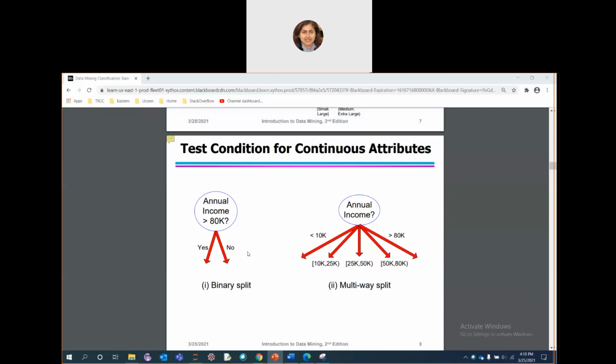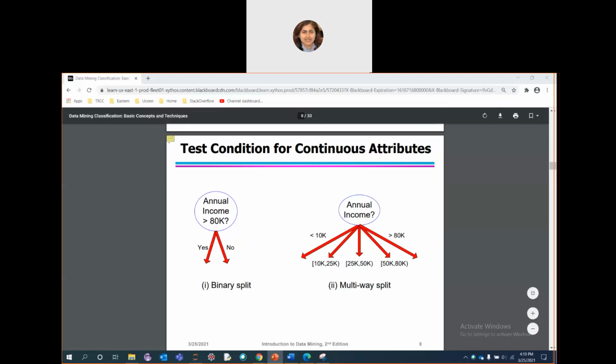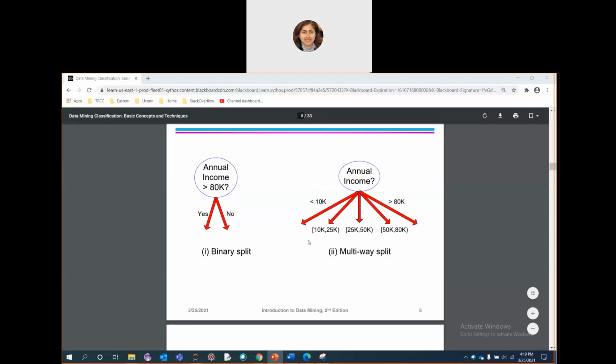Or if you have a range query of a certain form, such as you want to make a decision of the annual income attribute, where there are multiple ranges and each range you can consider as a different split: less than 10K, within 10K to 25K, 25K to 50K, 50K to 80K, and more than 80K. So based on again multi-way split condition criteria, you will further make the decisions. So the splitting conditions can be of different structure, like shown here in the three cases: ordinal, nominal, and your continuous.